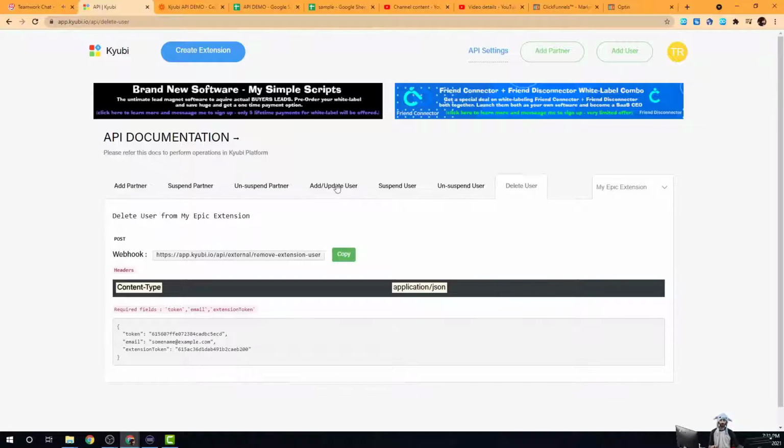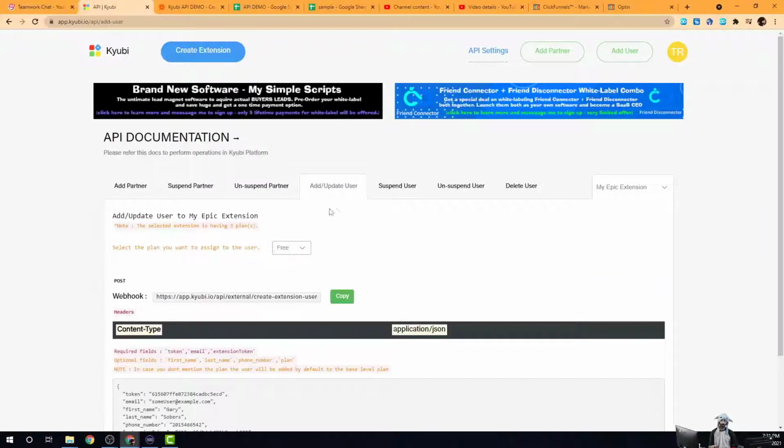So what you're going to do is click on this one that says add and update user. Now a few things I want you to notice over here, okay? Here you have a drop-down list of the different extensions that you could actually add a user to, and here you have a drop-down list of the different plan levels that are available for that specific extension. Okay, so you want to make sure that you're picking the right plan level and the right extension